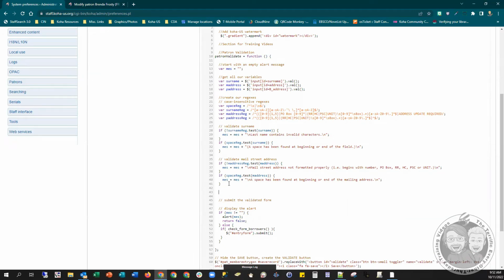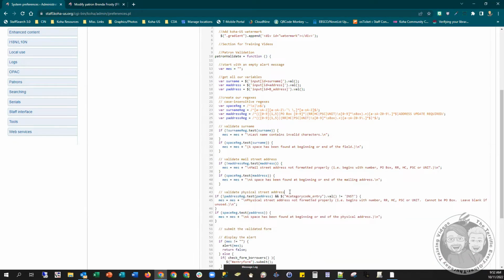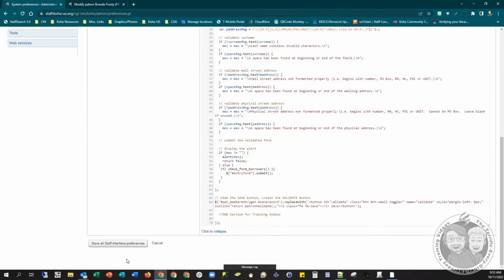So that section tested the main address. This is going to test the physical address. And again, getting rid of this test here. Keep parenthesis that time. It's going to test for spacing as well on that one. So again, this one is testing, but it excludes PO box. So this second address cannot be a PO box in this case. So we'll save this